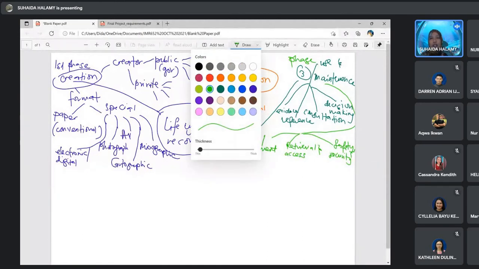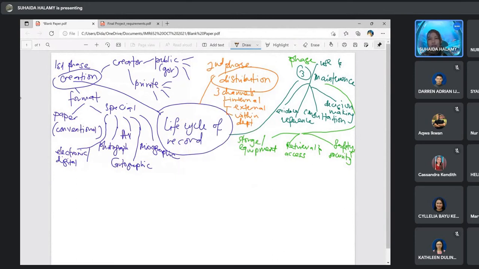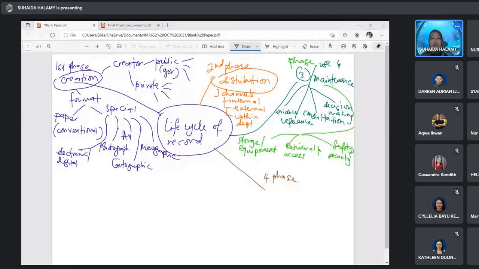So anyone knows for phase number 4? Disposition. Not yet there. Ada lagi nak cuba?